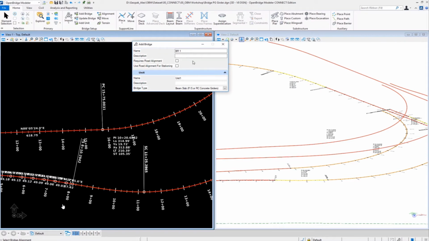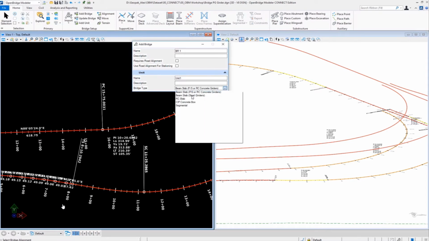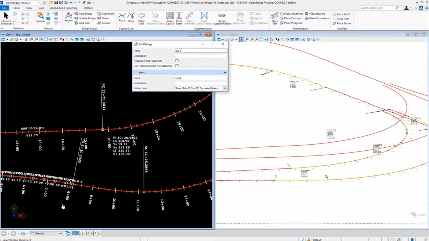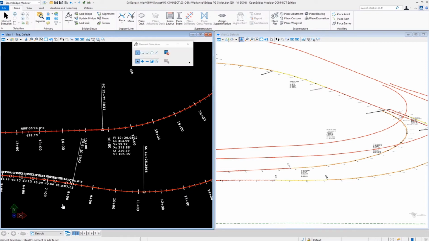And it's going to be a pre-stressed girder, but that's when the concept of unit comes in and says, oh, it's going to be the first unit of the same bridge. So BR1, unit 1, made of concrete, and later we're going to create bridge BR1, same bridge, but unit 2, right? So let's create first, very quick, the first bridge, the concrete one, and I'm going to do it very quick,